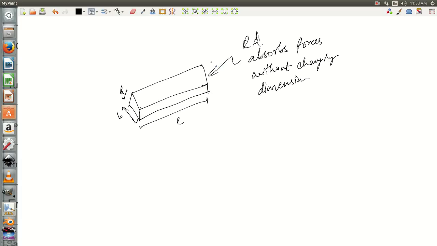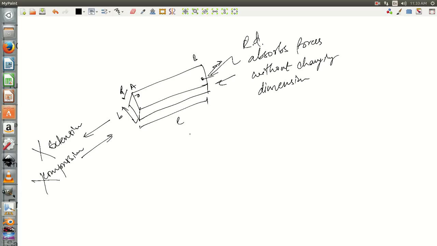Now that also means that there will be no extension of the link or extension of this rigid body, or there won't be any compression of this rigid body. No extensions, no compressions possible. If this is the case, and considering just 2 points at the end of the link, this is the point A at one end, point B at the other end,